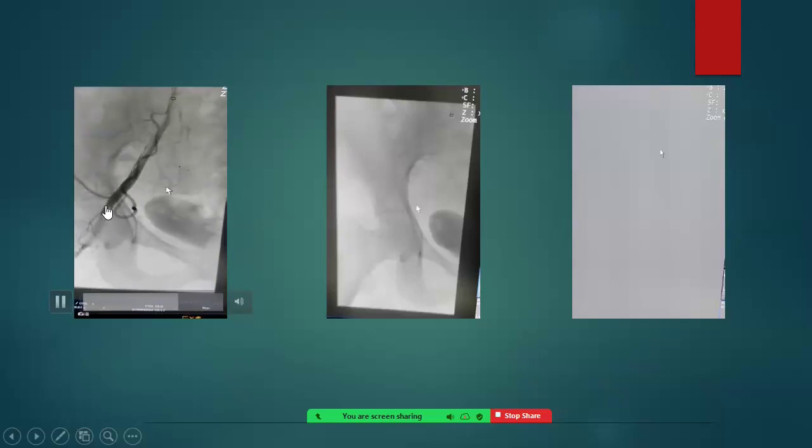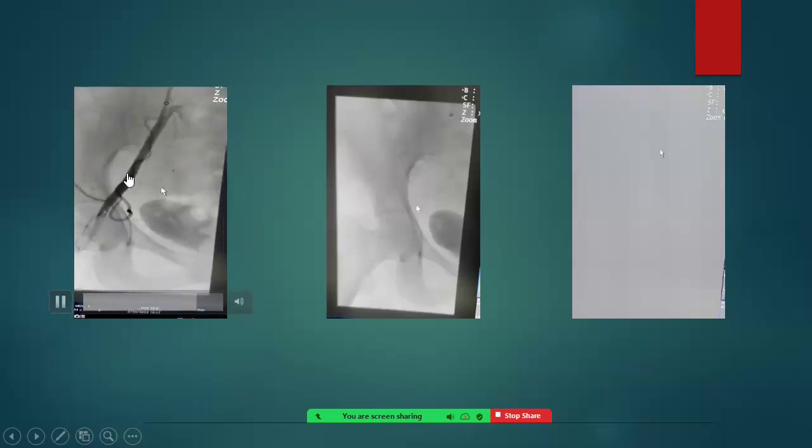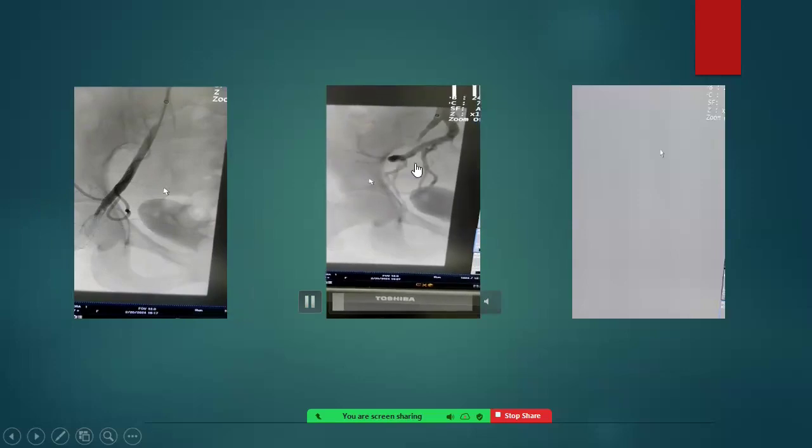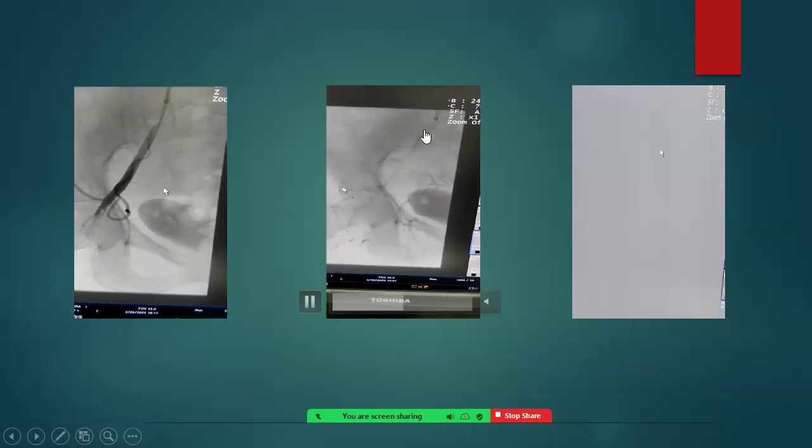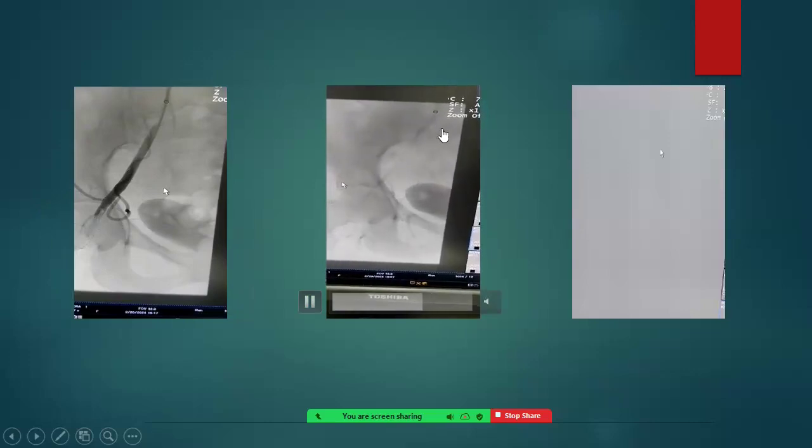So we will try to aspirate the thrombus by the guiding sheath, taking a 6 guiding sheath. We try to aspirate. It was again occluding, and more of the thrombus was extending to the proximal part of the external artery. So it was just coming nearby to the bifurcation. We thought we would aspirate more.